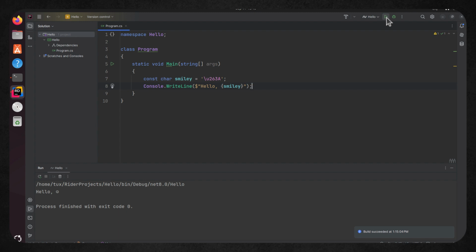But you can imagine if I want to include more and more emojis, then my code is going to get pretty untidy. I could include them all as variables inside of my main method, or at least constants within my main method. Alternatively, I could try putting them inside of my program class as static properties that I could access.